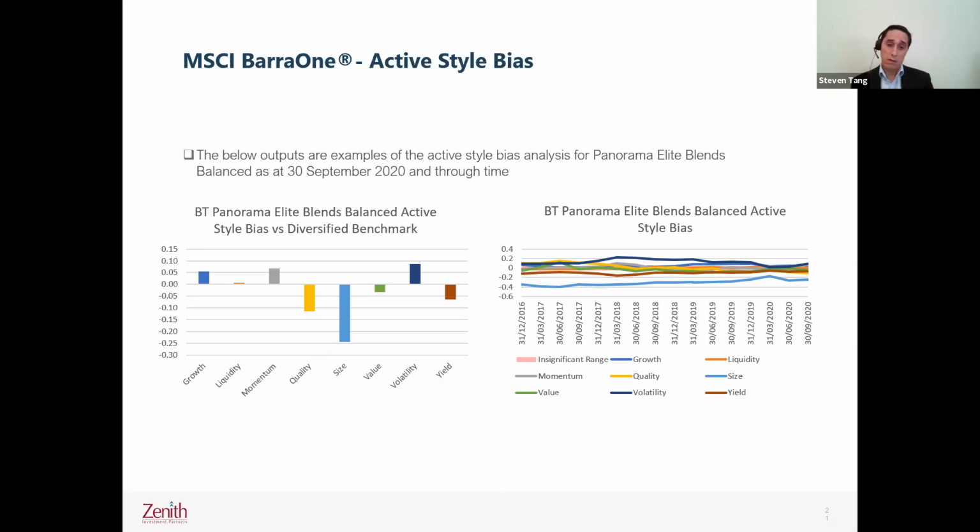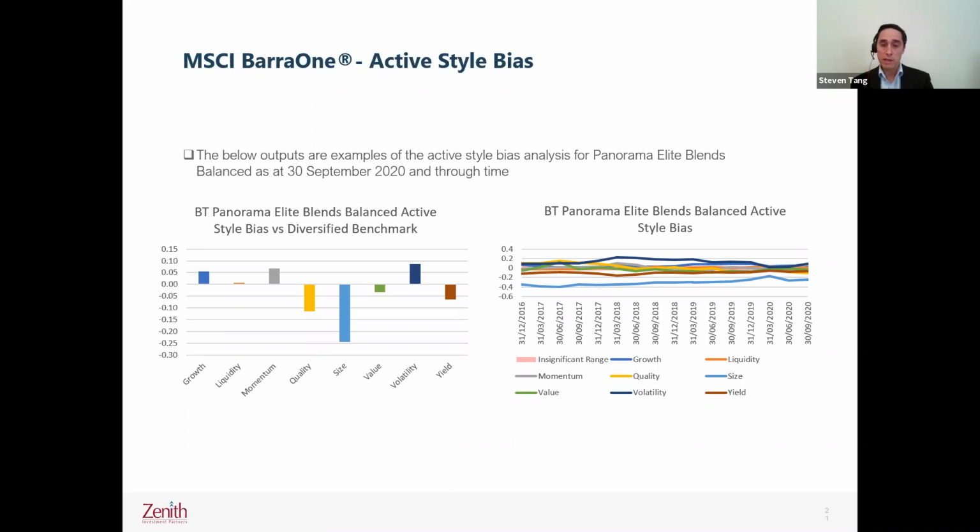The yield one is actually there as well, but the yield is related to the size bias that we do run. It's important to say that we run these against diversified benchmarks, and that's what you see here today. But how scalability helps us is that we can run this for every client portfolio against what we call our core portfolios or our preferred portfolios. They are the purest expression of what we want our clients to get, in terms of style factor exposure, active management and fund selection. We can run every client portfolio against that preferred portfolio and see how they're positioned versus it, and see whether their outcomes are different to what we would expect.